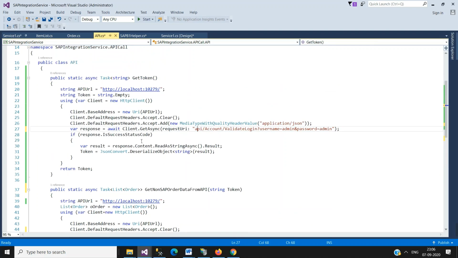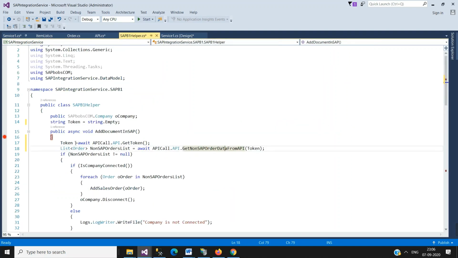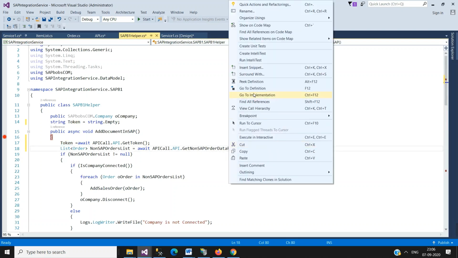So this API will be called first, and then this function will return a token, and the same token is passed to the get non-SAP order data API.